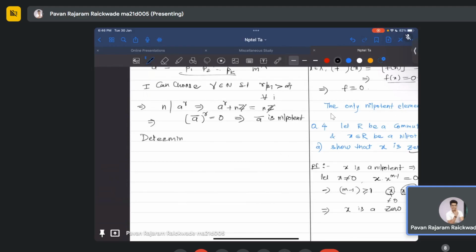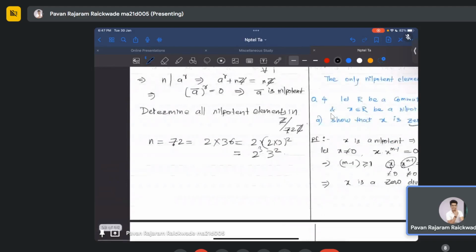Determine all nilpotent elements in Z upon, let's say, 72Z. So here my n is 72. If I write the prime factorization, I get 2 times 36, which is 2 times 2 cross 3 squared, which is 2 cubed times 3 squared,